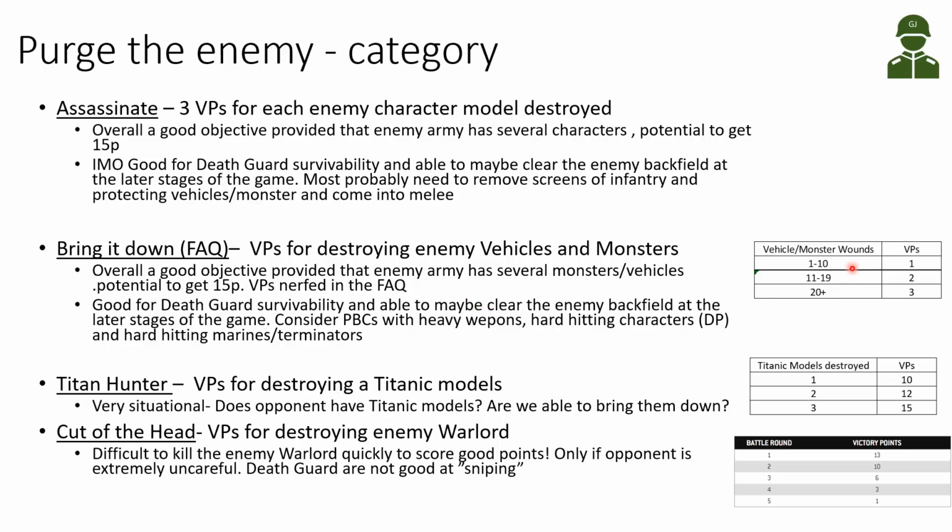But now the new scoring for this is that if the vehicle or monster has between 1 and 10 wounds, it gives you 1 victory point. Before it was basically 2 victory points, so this is a nerf now. And then between 11 and 19 wounds, you get 2 victory points. And if the vehicle has more than 20 wounds, there are not so many of those in the game, you would score 3 victory points. I think this is again overall